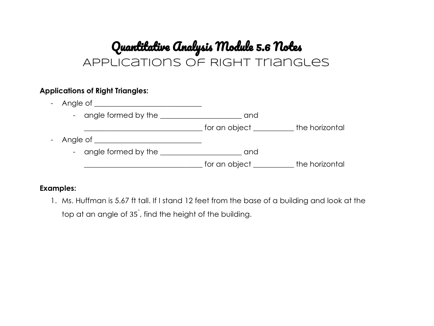In the last section of Module 5, we're going to take a look at applications of right triangles. So the application we're going to discuss is angles of elevation and depression. So first we'll talk about an angle of elevation. And an angle of elevation is an angle formed by the horizontal line